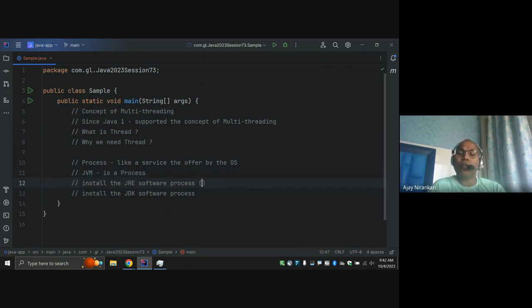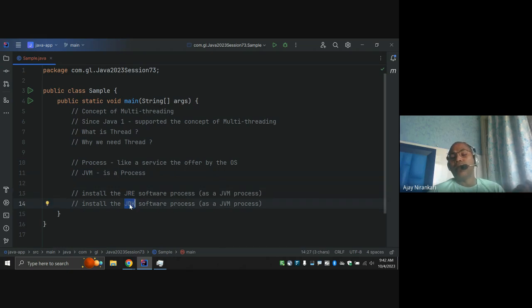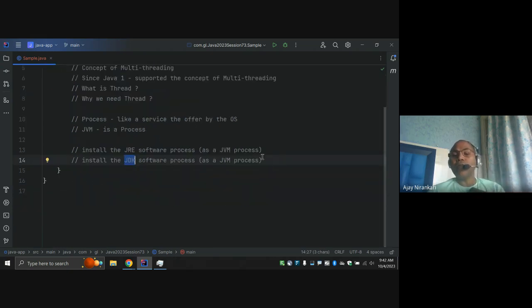So whenever you want to run any Java based application, you have to install one of them, maybe JRE or maybe JDK. Both internally, as far as the operating system is concerned, JVM is a process. It is one process.